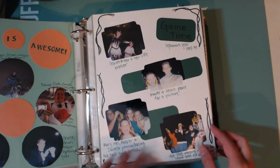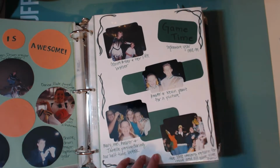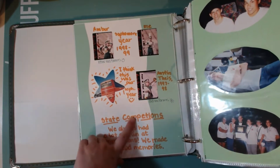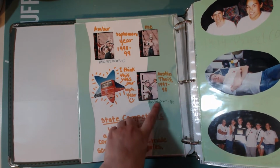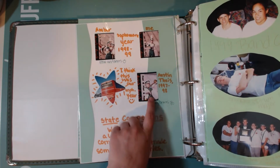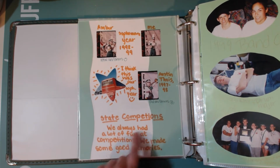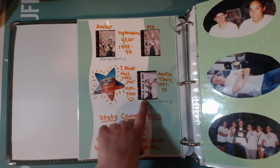So, just some fun papers or pictures at a band, at a game, a football game. This was state competition. This guy, I loved him. Oh my gosh, he wasn't even that cute, but he was one of the guys that I had a crush on during my freshman year, I believe. And I think that this was, let's see, we always had a lot of fun at competitions. We made some good memories. So this was, I think,